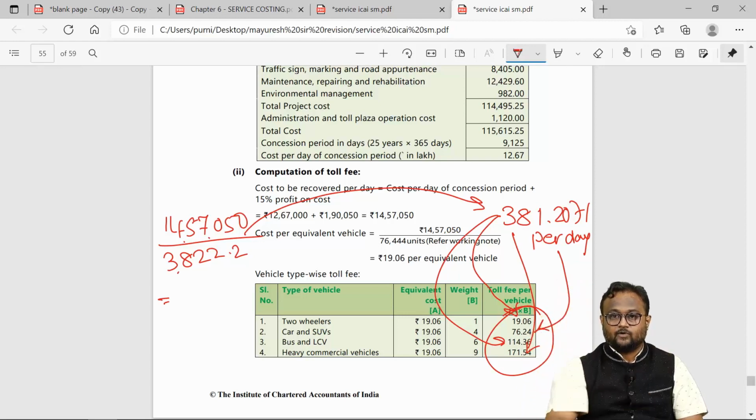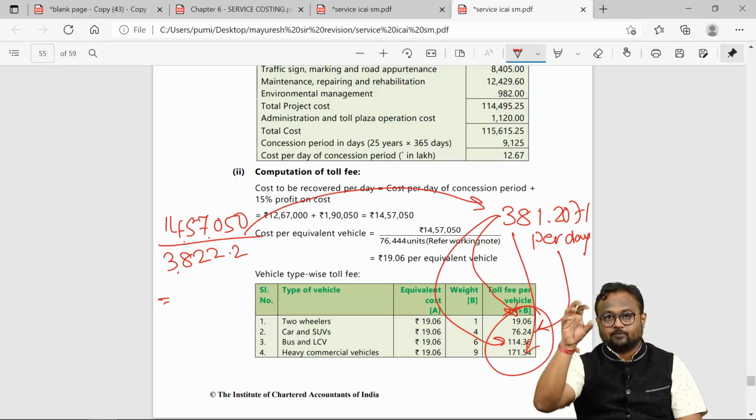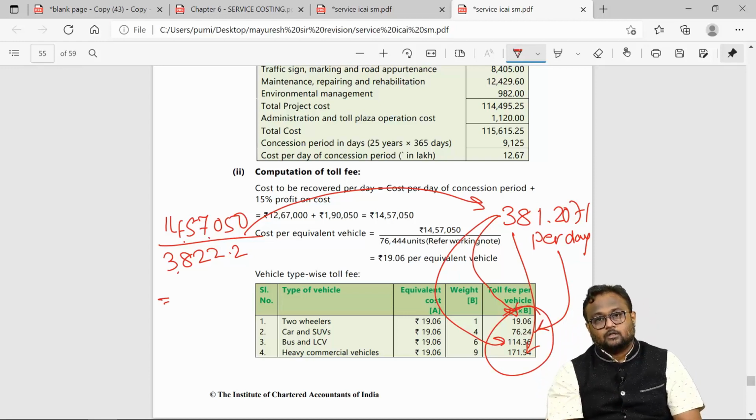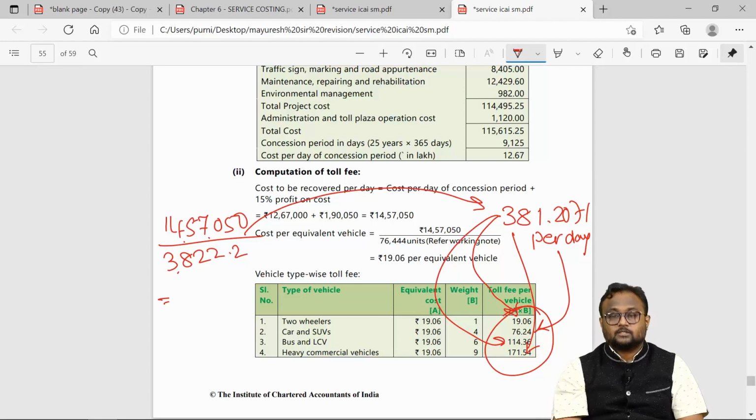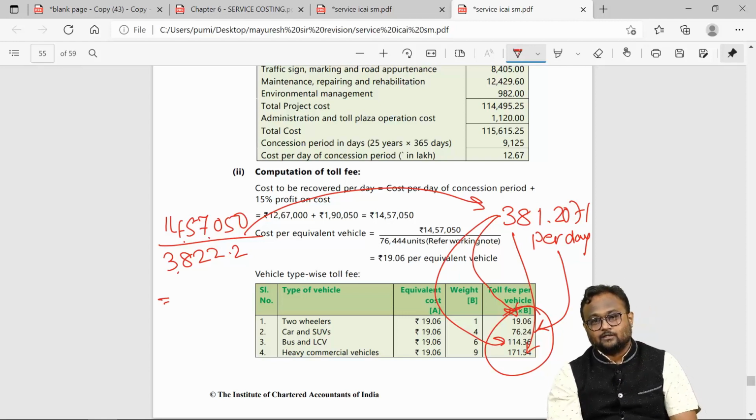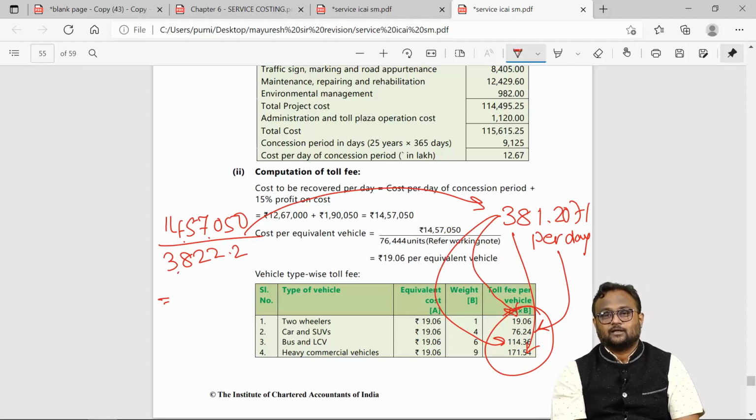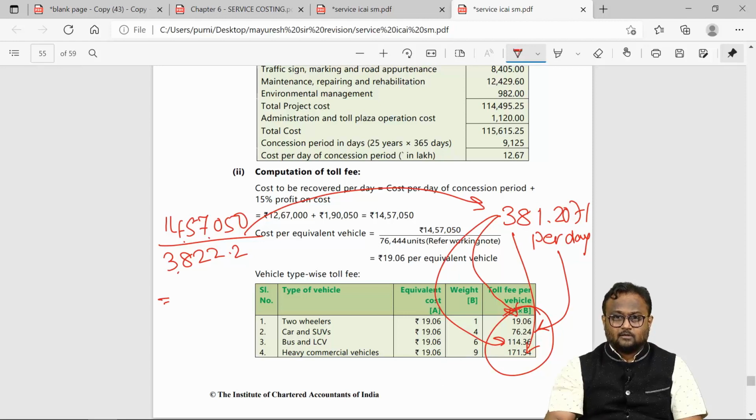Okay, so this is what I'm supposed to collect. 5% will be contributed by two-wheelers, 20% will be contributed by cars, 30% will be contributed by bus, and the balance 45% will be contributed by heavy commercial vehicles. So you can simply apply those percentages and get the rate calculated. It is that simple. If you don't want to go for this weight, you can go for even that calculation. I think you know both the methods now. You can follow the method which is given in the study material, that is also fine. If you want my method to be followed, you can go for that method as well.